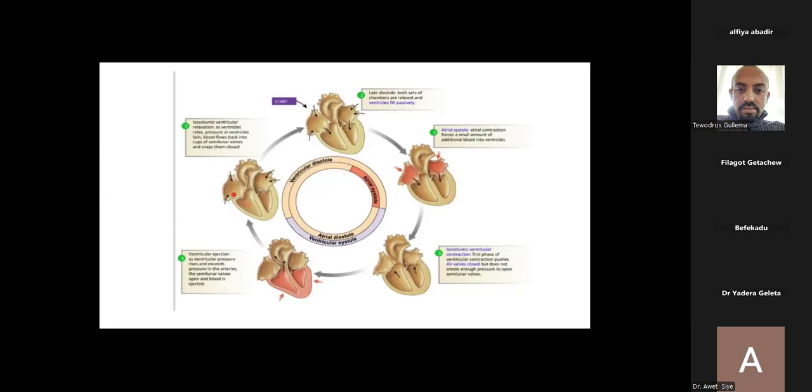passively because in nature, substances go along the concentration gradient from higher concentration to lower concentration without any pushing force. So that is passive filling. The remaining 10 to 20% of the content of the atrium goes into the ventricle by active atrial contraction. So the cardiac cycle starts with atrial contraction. This 10 to 20% of blood goes to the ventricle by atrial contraction.